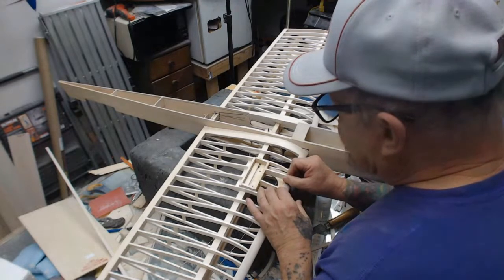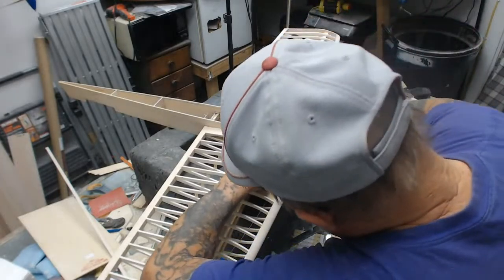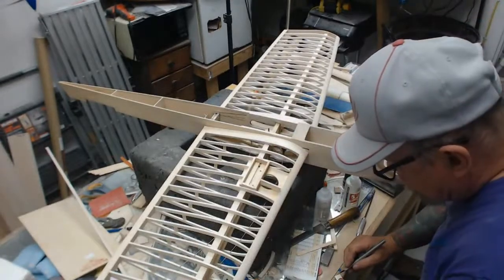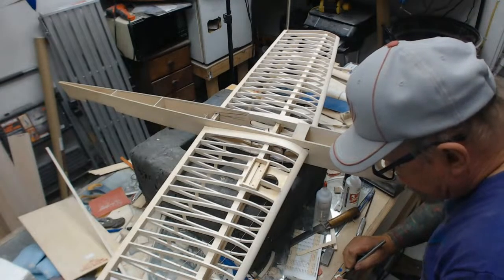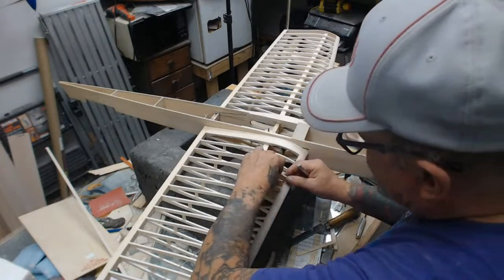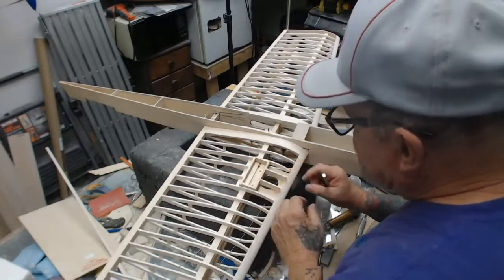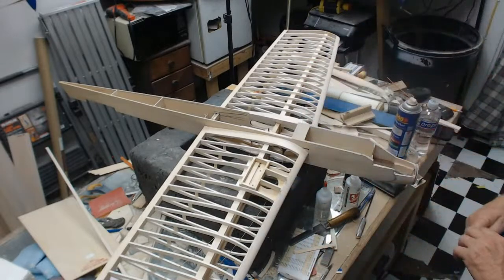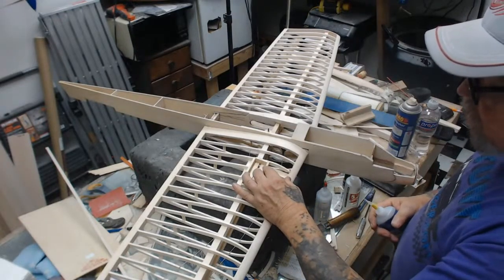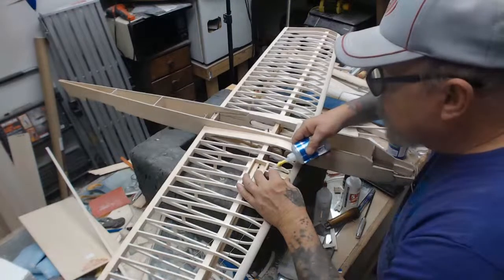Man, it just kills me. I got to put all these little sticks and stuff in this light airplane. We're adding, I bet this added an ounce. It was 14.1. We'll weigh it up, see what this rigmarole weighs. Got to be a better way. I mean, I could do it the old way, but then they wouldn't be removable. I don't want to do that. Old way is the lightest way with the J bolts, but